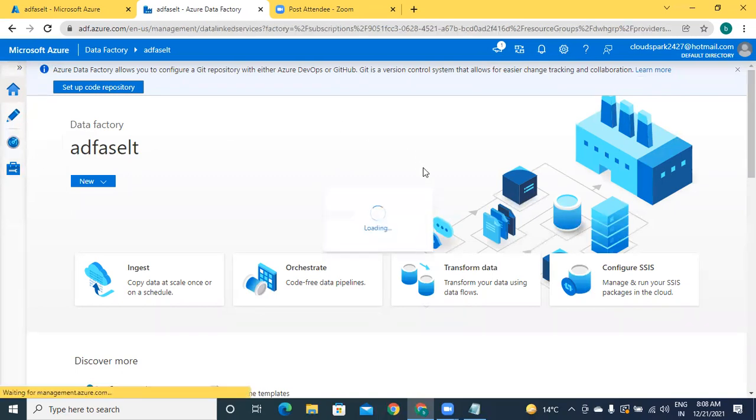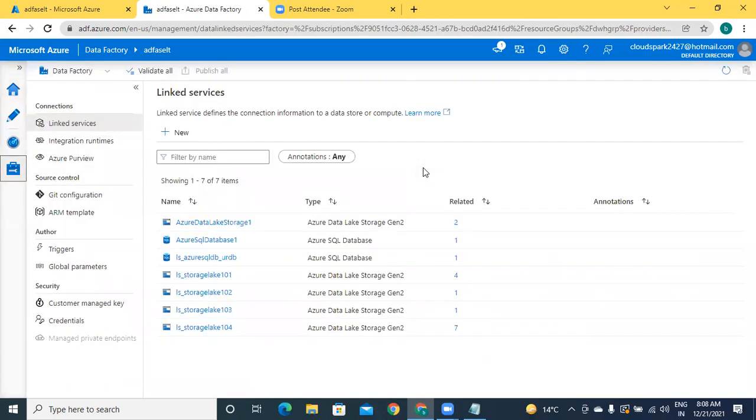For this, we have different linked services which are already available with you. We have different storage accounts, 101, 102, 103, 104. For all these accounts we already have linked services. So let's start with some fresh data sets.